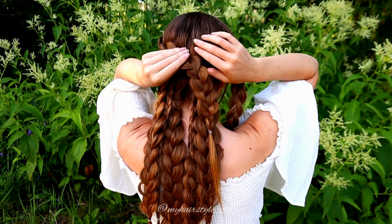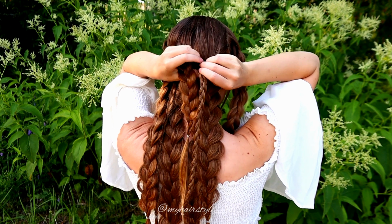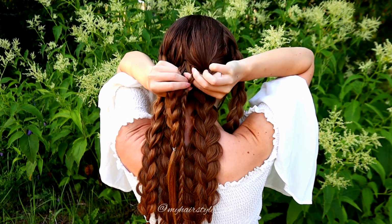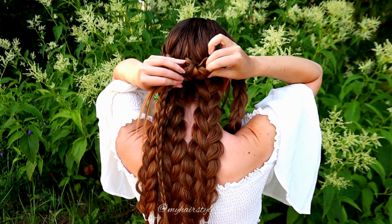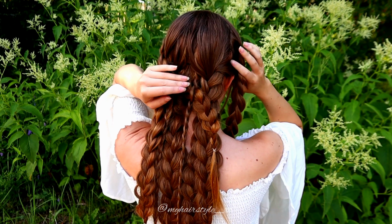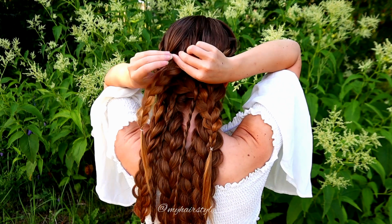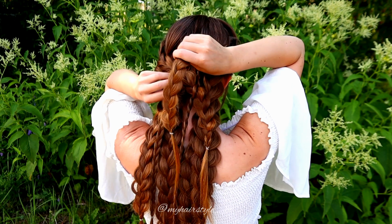Okay, now I start to create one braid of all of these braids. First, I take the rightmost small braid and the braid from the left side. Then I just gently pull the left-sided braid through the small braid on the right side. Now I take the topmost braid from the right and the small braid from the left,